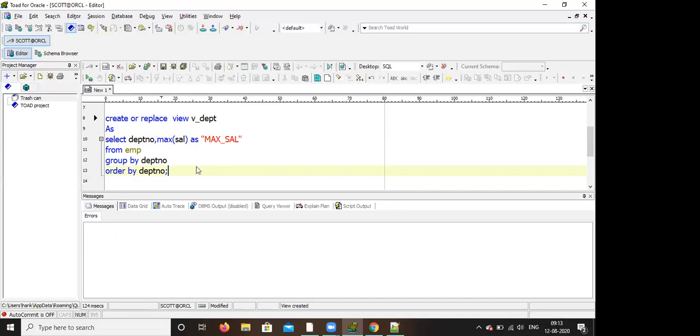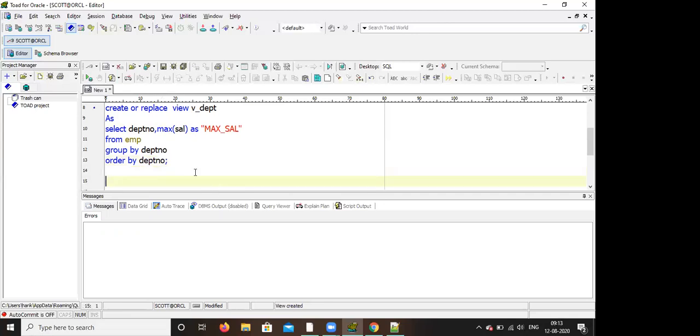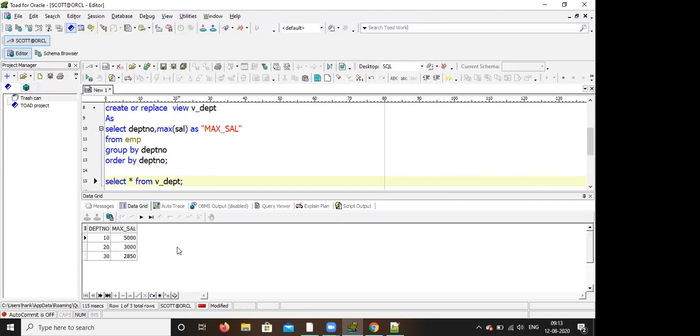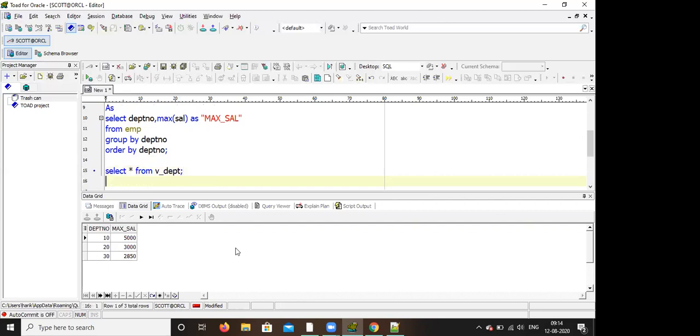Now select star from the view. The view is now created. Now go and update. Let's say department 10 is 5,000.